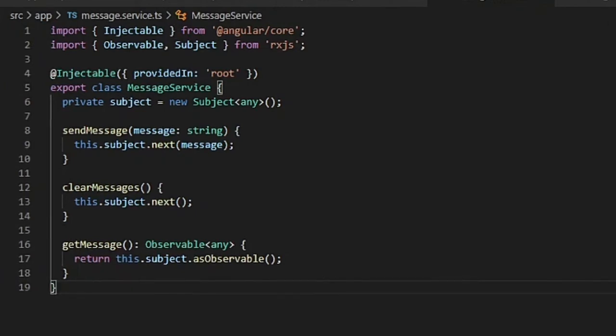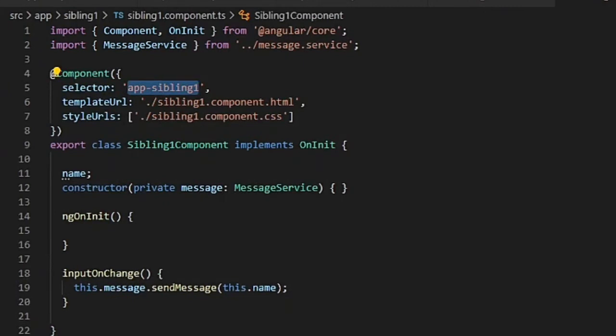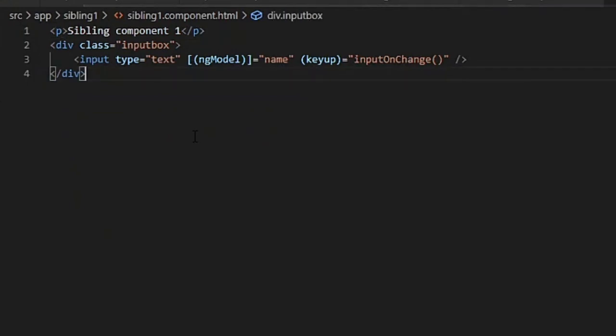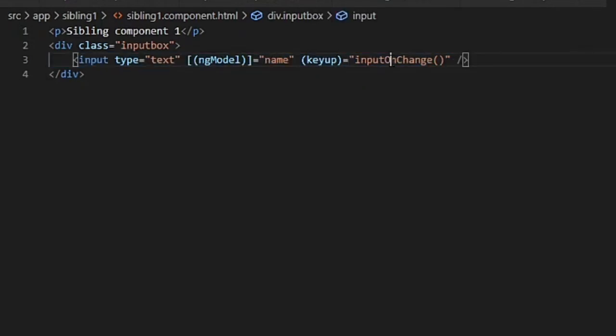First, coming to the sibling1 component.ts and sibling1 component.html. Here you can see that I have created an input of type text with ngModel, two-way data binding with the name property, and on keyup I am calling inputOnChange.